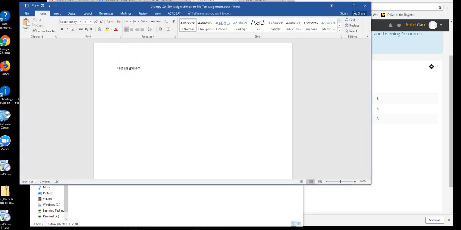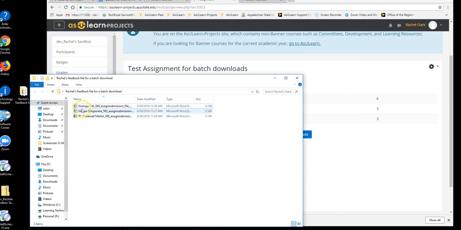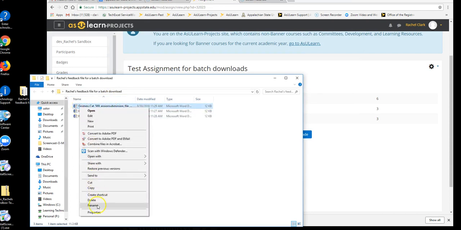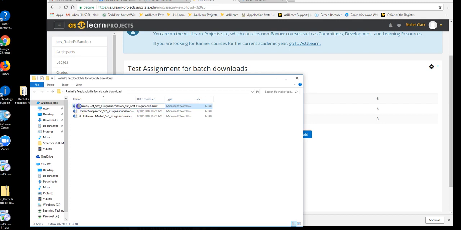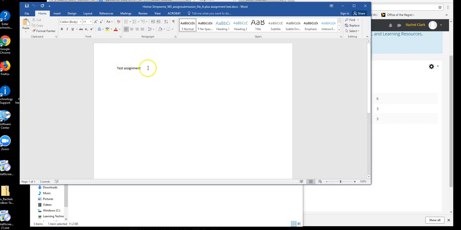and we're going to say again feedback to Grumpy Cat. And just to make this super easy, I'm going to make that purple. I'm going to click out of that, save it, and I'm going to rename this as well. I'm going to rename it RC Grumpy Cat so I can remember who I've graded and who I haven't. And click on Homer again, and same thing,